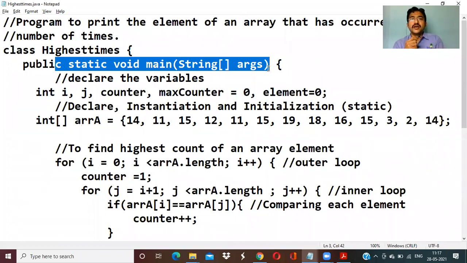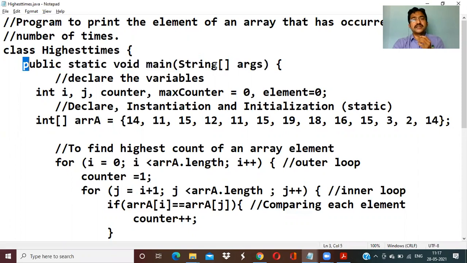Here also, we can create a method, and with the help of that method, we can create an object and call the methods with the help of the object. But the concepts are not completed. That's why in a simpler manner we are doing this. Once the methods concepts and string concepts are completed, you can replace this code with methods, with the help of method overloading or constructor overloading also.